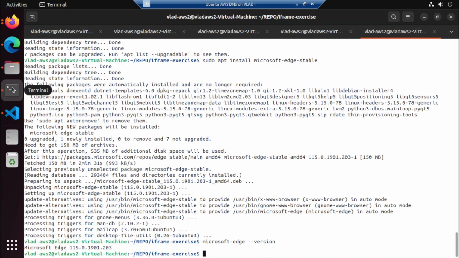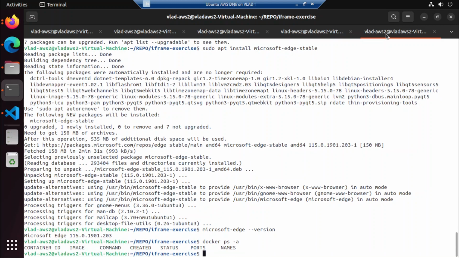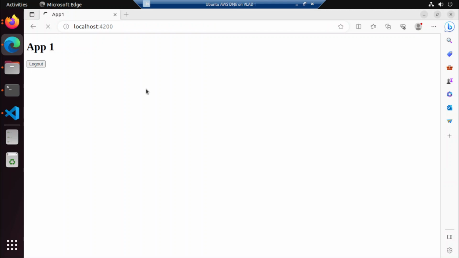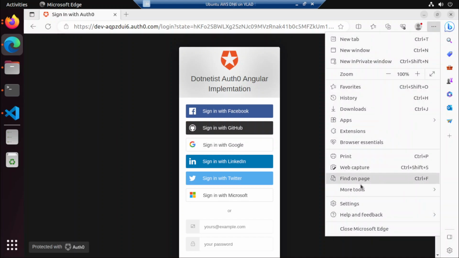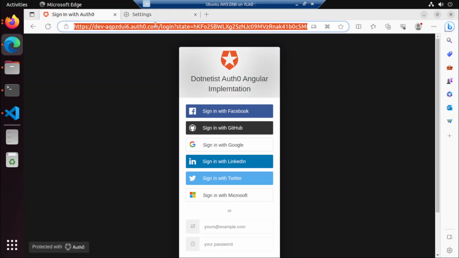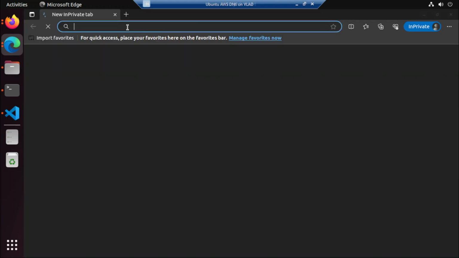4200. And why is it not running? So let's check our Dockers. Oh, sorry, there's no Docker in here. Let us Docker, or no, PowerShell run. So it will run our 3 apps. Now let us, it will ask us to log in, and we're going to set this to strict privacy, then strict, and then let us reload, or maybe go to a private window,